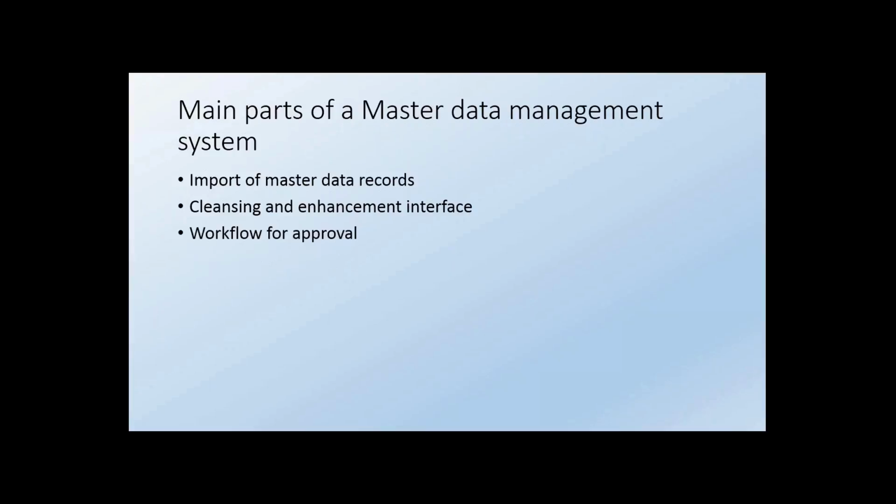Workflow for approval. In MDM, what we can have is exactly an approval system. If we want to change any of the customer master, material master, or vendor master, we can have a proper approval process. The respective person related to the article, customer, material or vendor will be informed, we can take his approval, and once his approval is there, we can make changes in the system so that the requirement for updating can be fulfilled.